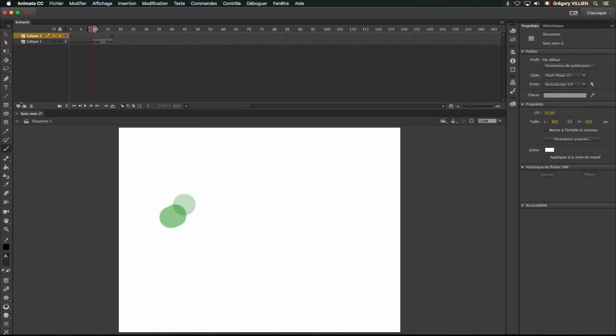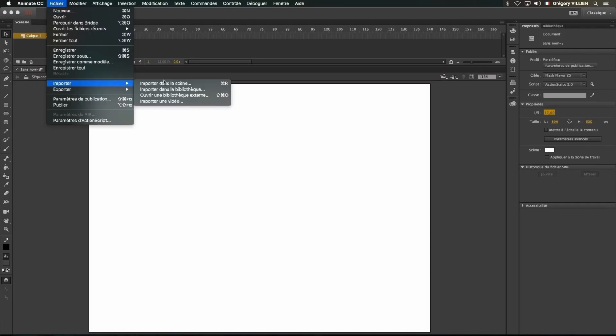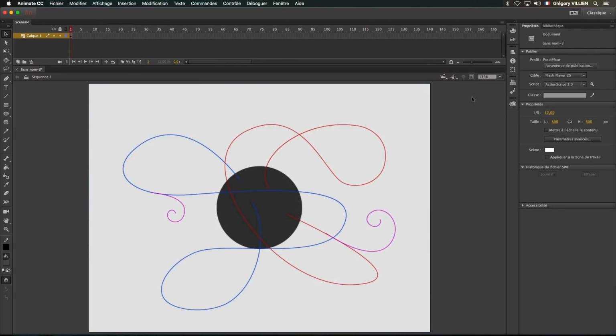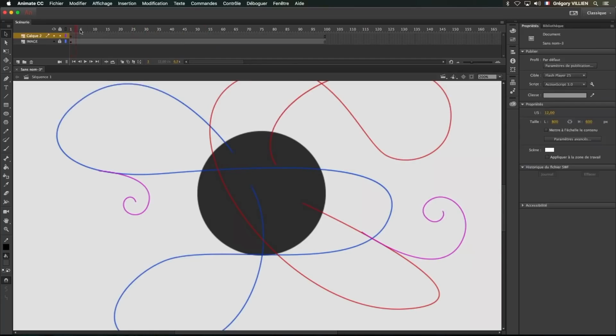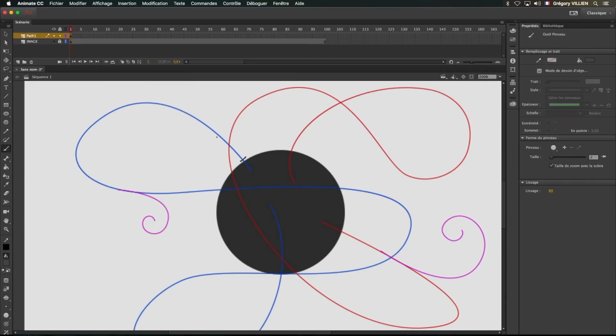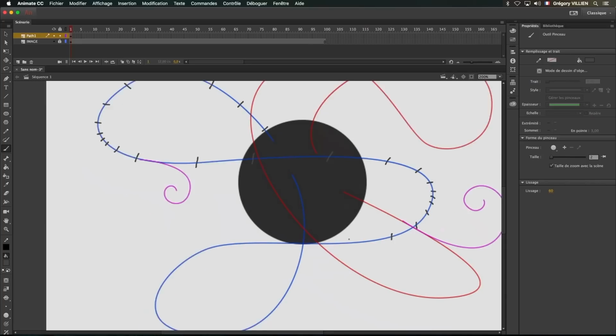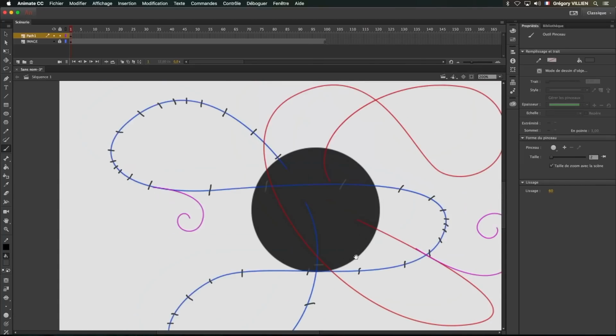Then we'll create 2 new layers. Tidy it in folders if necessary. Now there's nothing more, so we'll start. We'll be able to import what we generated in After Effects. The first composition. To analyze and work our direction, this frame, I make it last 100 frames to have a base. On a new layer, as you can see, I'm starting to put some lines.